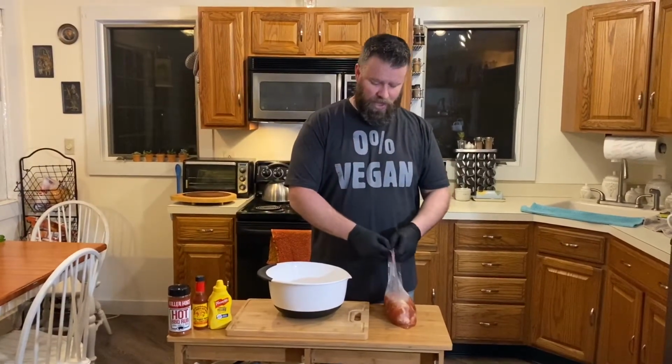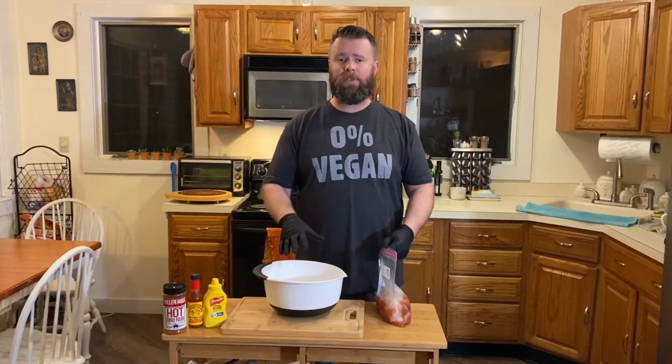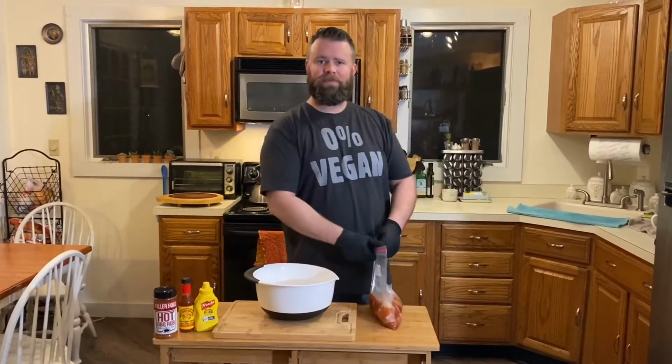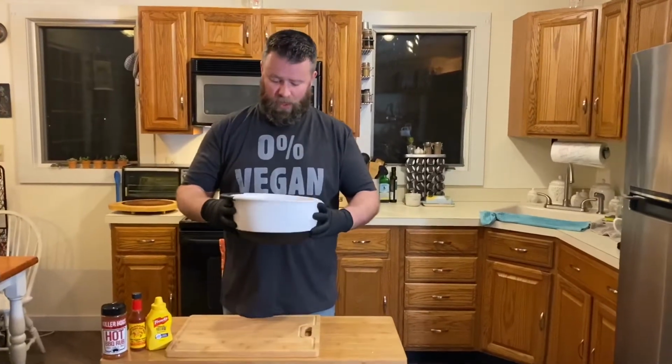So what I want to do is I'm going to drain this, and then after that, we're going to get this seasoned. And then when the seasoning's setting up, I'm going to go fire up the grill. Stick around. Okay guys, so once you strain your chicken out of the brine, you want to rinse it off